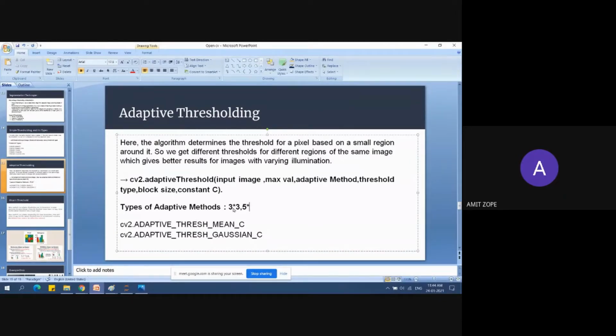Like this, the matrix is formed, and for those pixel values, the threshold value is calculated. And constant C is subtracted from the value calculated. That is what is there in the OpenCV documentation.